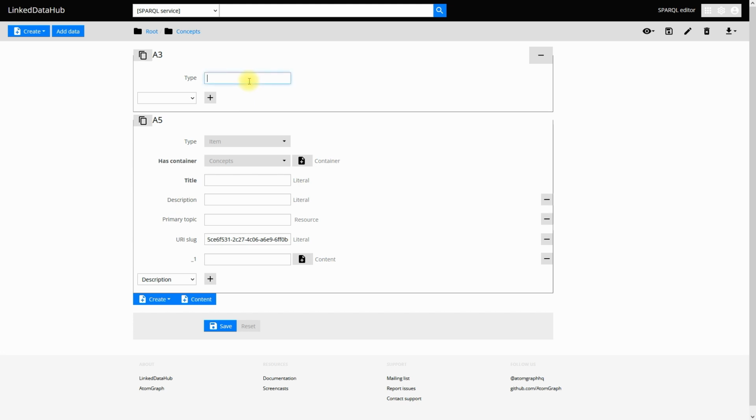Click on the type, where the value of the type is a type-ahead or autocomplete, and you can start typing, and LinkedDataHub will look up classes in your ontologies. Okay, so we see it found concept and concept scheme because those were the classes from the SKOS ontology that had constructors, and we can use them to create new instances. So I just click on concept,